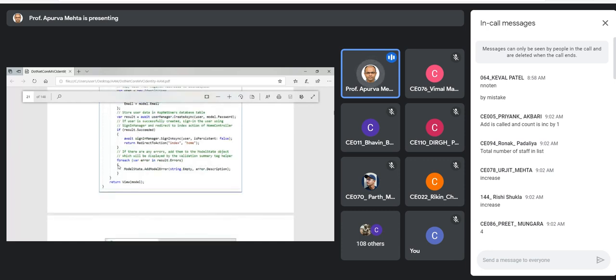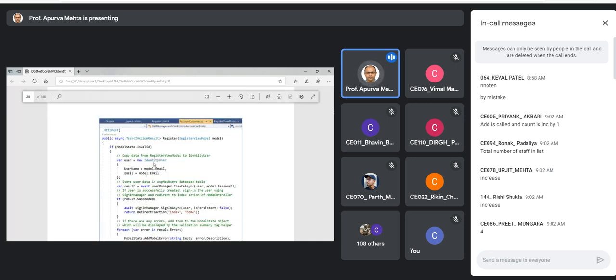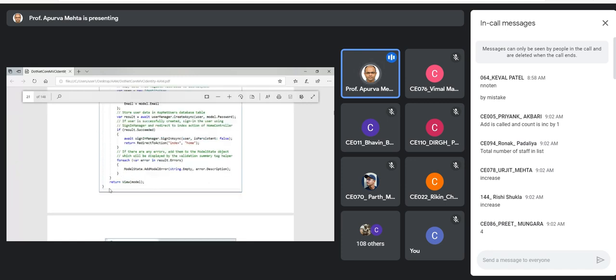That means there are no model validation errors in the registration page, but there are some other errors. Then we will add those errors into the model state, so that those errors will be displayed on the page to the user. And if the model state is not valid, that means the validations failed, then we will return the registration view with the error and the model.